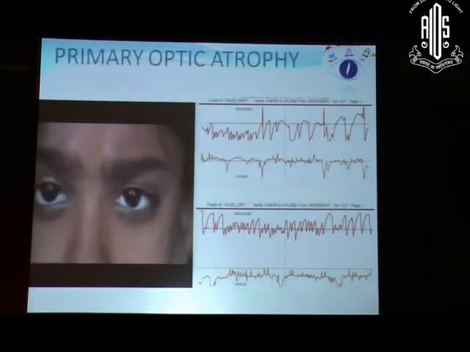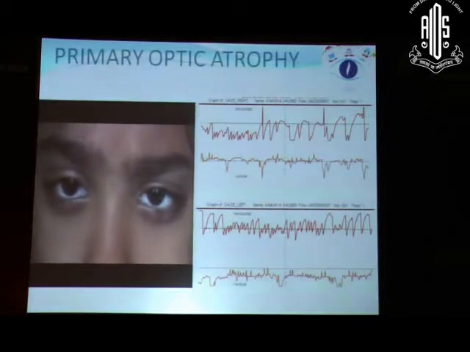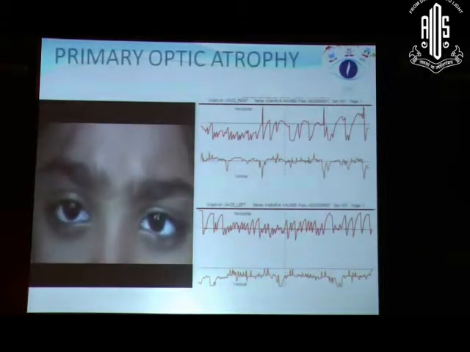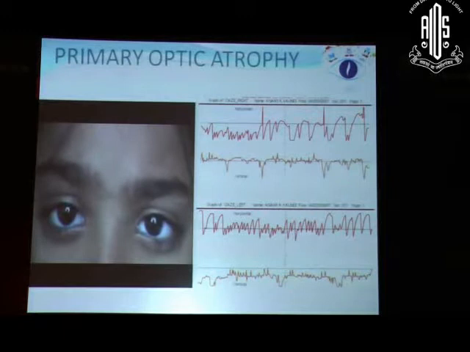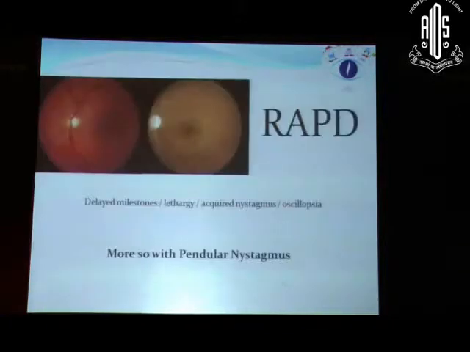This is another video nystagmography of a patient who has got a significant vertical component which cannot be detected in a routine clinical examination. In clinical examination, it appears only as a pure small frequency, low amplitude horizontal nystagmus, but when you perform an EMR, you realize there is a significant vertical component, and the presence of a vertical component in patients with nystagmus suggests that you should look at the anterior visual pathway in more detail.